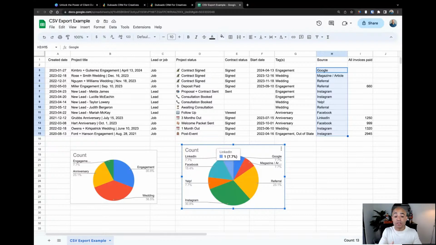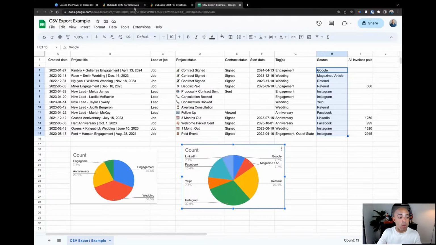So as you can see, if you have this organized, there are a lot of cool things that you can do with Google Sheets. Now, I will say I'm not super proficient with Google Sheets, but maybe someone watching is. If you have this data, you can create the different charts that you're looking for to give you an idea of what's happening with your business.